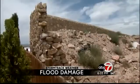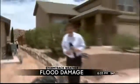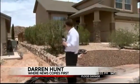It had never happened in all the 7 years that I've lived here. And we've had some pretty bad rainstorms. And we've never had any kind of flooding like this. But the difference is that wall is there now. Once the wall went up, yeah. Residents say this unfinished rock wall diverted the water, causing heavy damage to this home,